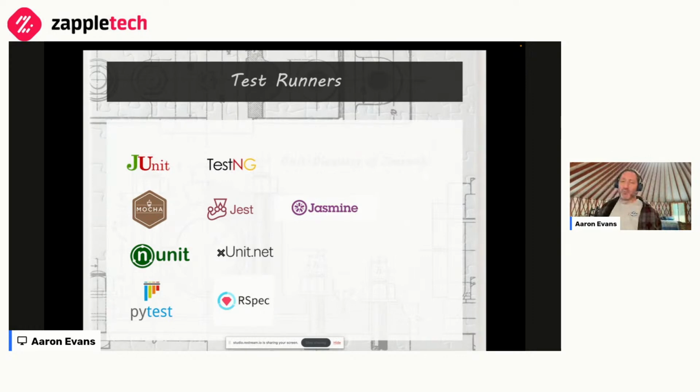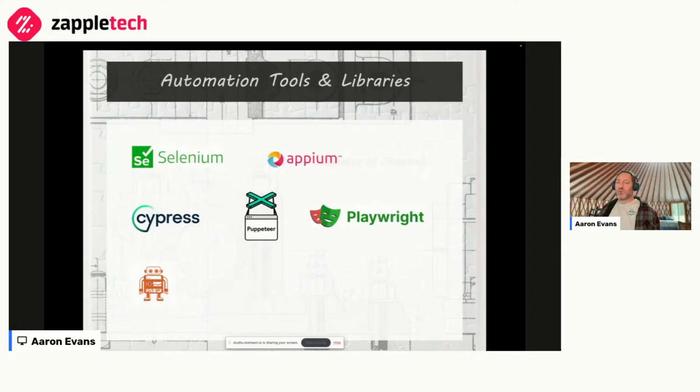Here's a big list of test runners, automation tools, and libraries. Now, some of these tools, like for instance Selenium, is just a library, whereas Cypress is, getting back to that early definition, a framework in that Cypress runs your test for you. You structure your code for Cypress to run the test.